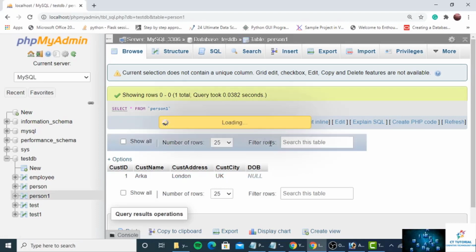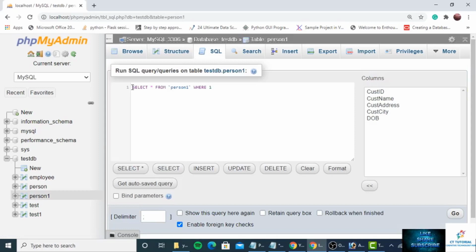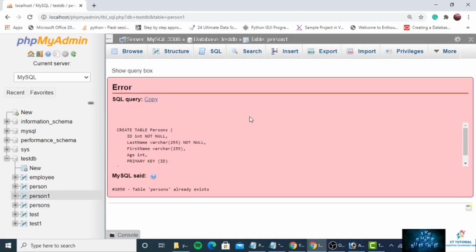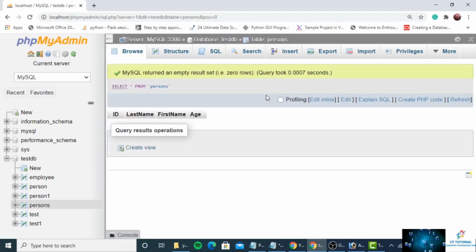So let's see how we can declare primary key while we are creating table. See, the create table query remains the same. What I have added is the primary key and defined the column name, which column I want to declare as a primary key constraint. Okay, so just create the table person key. Now you can see person table has been created.